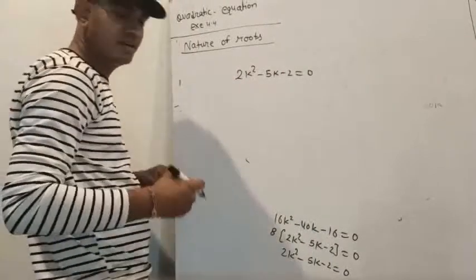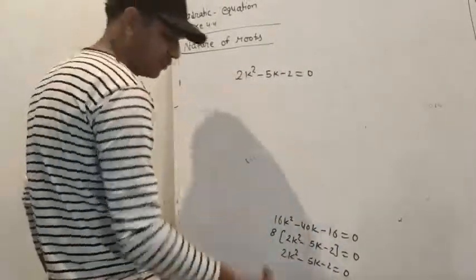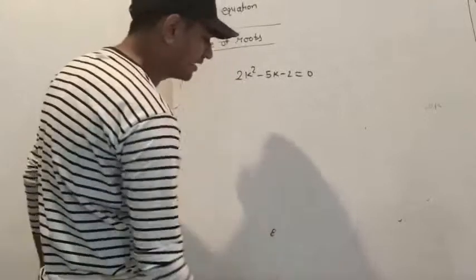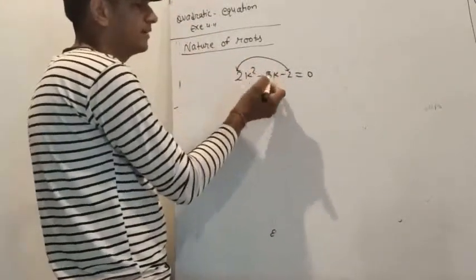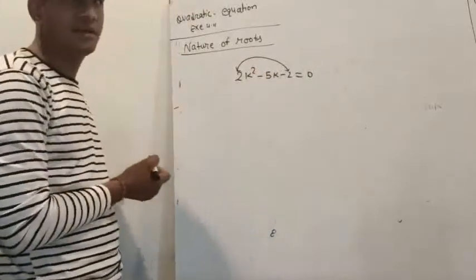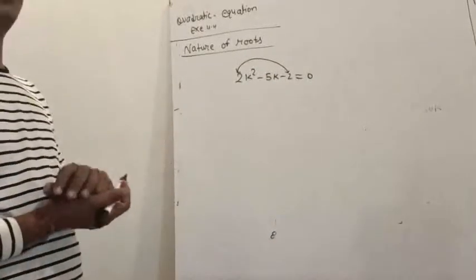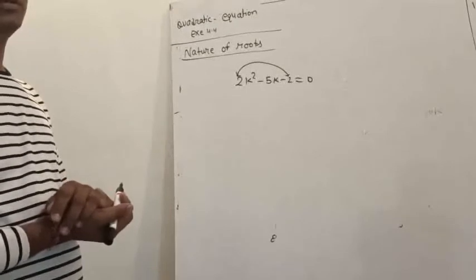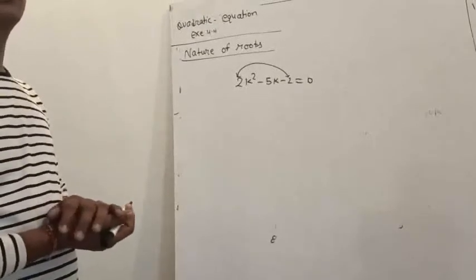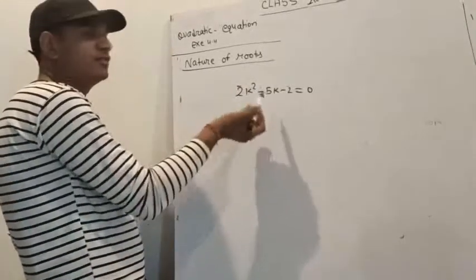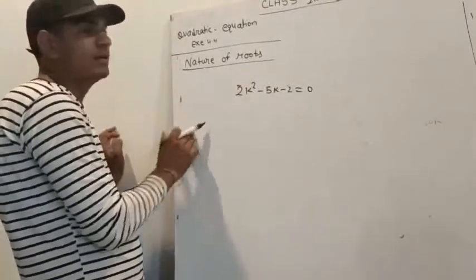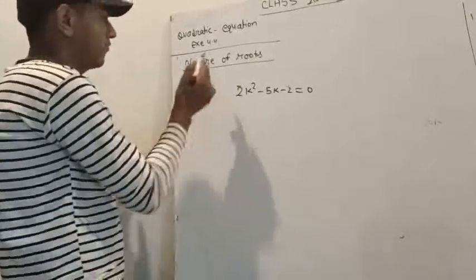Middle term split. We will take two numbers such that their product will come 4, and if we subtract, then 5 will come. So is this type of equation possible? No? So how will we find out the value of k? Now you will find out the value of k using any one method. Okay. Next question. Question देखो next.